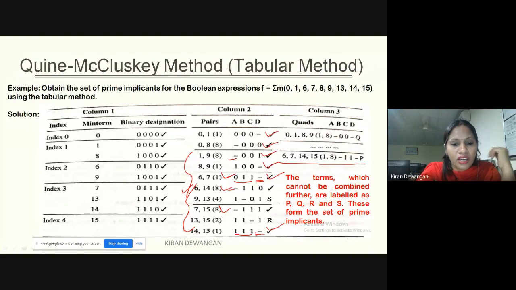Now we'll check with this one and this one. ये आपका quad में convert होगा? Yes, that is 6, 14 and 7, 15. But this is already done. 6, 7, 14, 15 already quad formation हो चुका है. तो ये भी marked. This is done. Now let us check with 9, 13 and this one 13, 15. Now this is not possible. Let it be. तो हमारे पास 2 क्वाड मिल गया है.